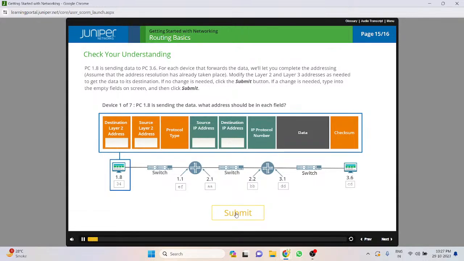Here's a chance to recall what you've learned about Layer 2 and Layer 3 addressing. In the field,